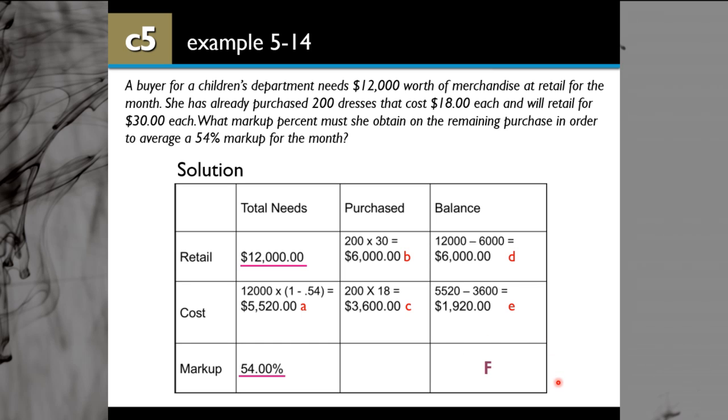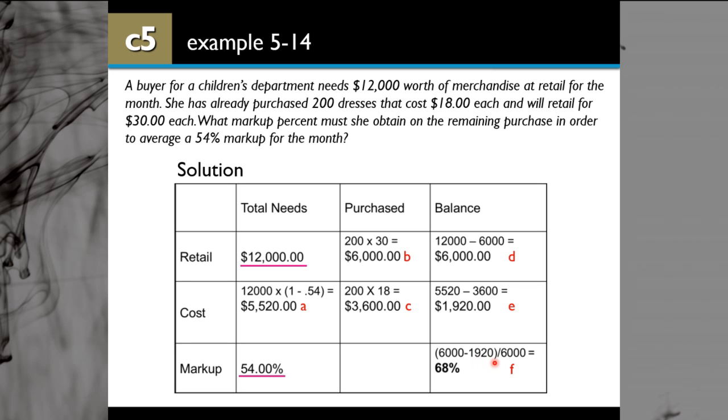So the final question is, what markup percent must she obtain on the remaining purchases? So that will be for this balance, and you can calculate this based on this balance at retail, balance at cost. So you have to put this top, retail minus cost. Then you can get this dollar markup. So 6,000 minus